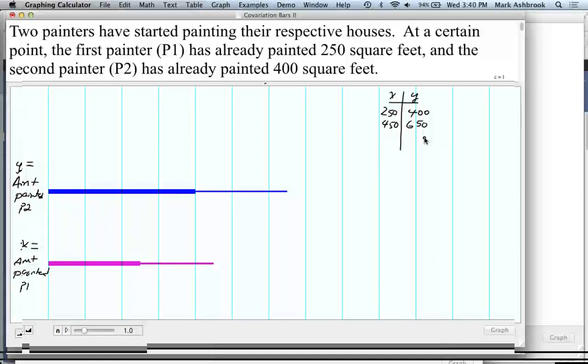Well, it looks like for painter number 1, on the first bar, it was a little over 200. Okay. And then the thinner bar is 200. Okay. If you look at painter 2, the first bar was way bigger than the thinner bar. Okay. And it was just a little bit more for painter 1, so it should have been longer for the thinner one, if proportionality was maintained, right? Okay, so it helps you.